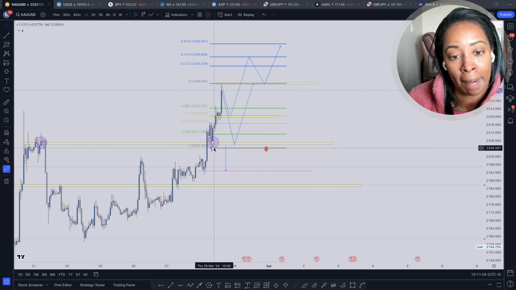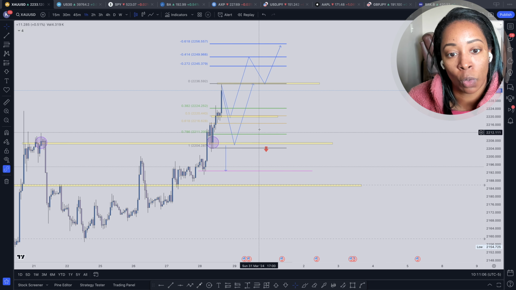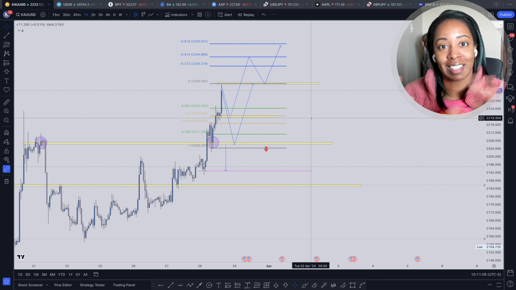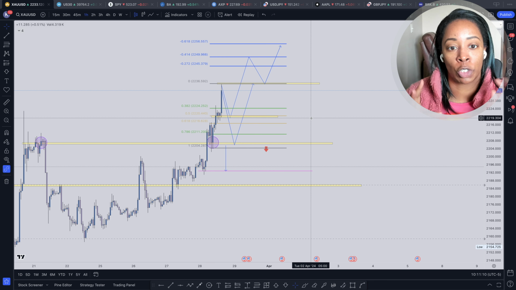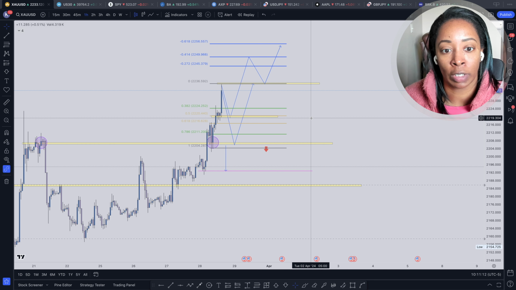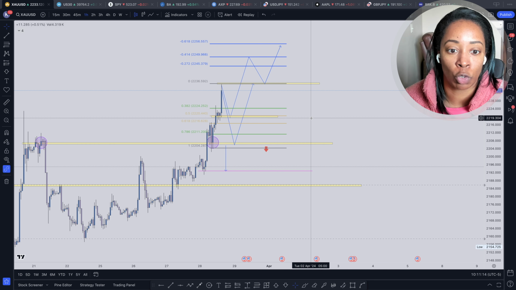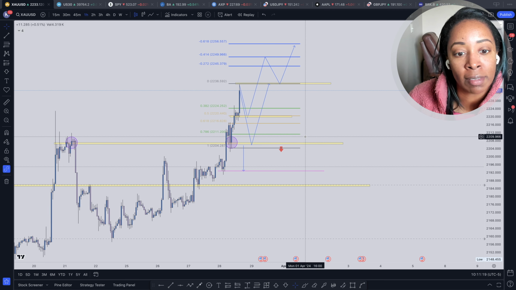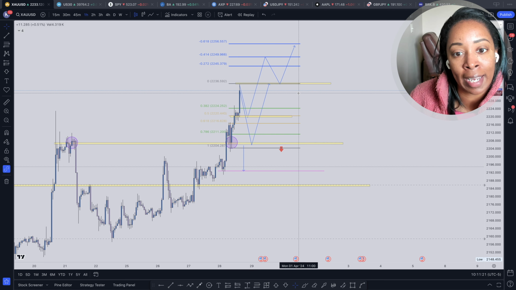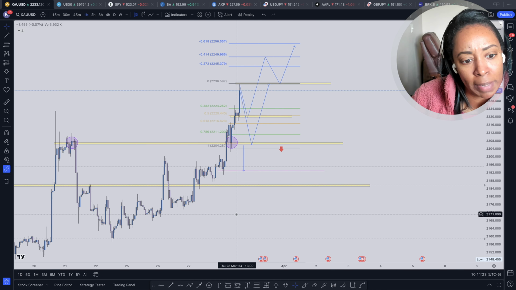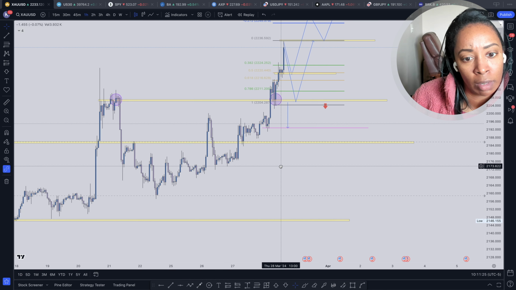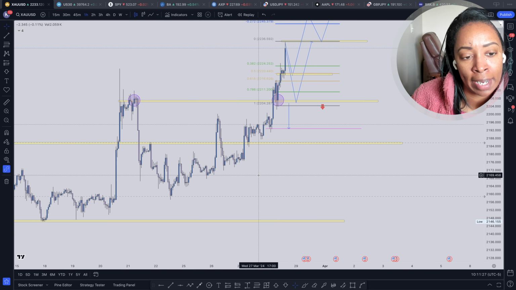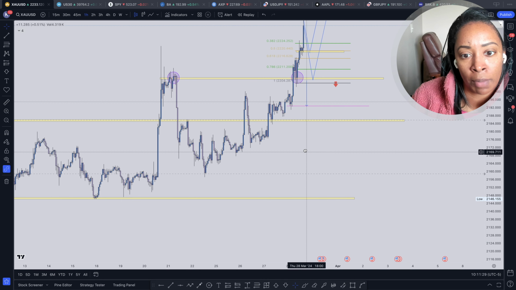So like I said, it's nothing magic about it, but it is nice when you do see your Fibonacci retracement levels line up perfectly with support and resistance levels that you've drawn. So this is just kind of what I am looking at the moment. And pretty much, let me look at one more thing. Yeah, so I really don't want to take any counter trend trades on this account.